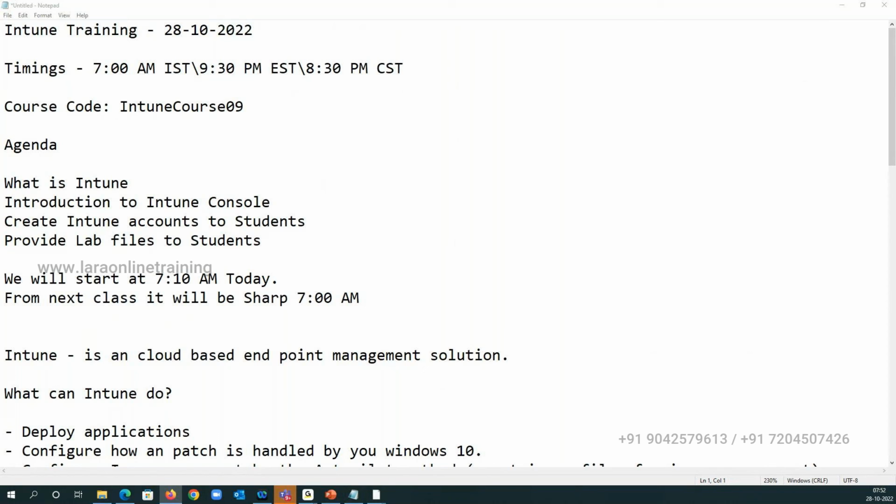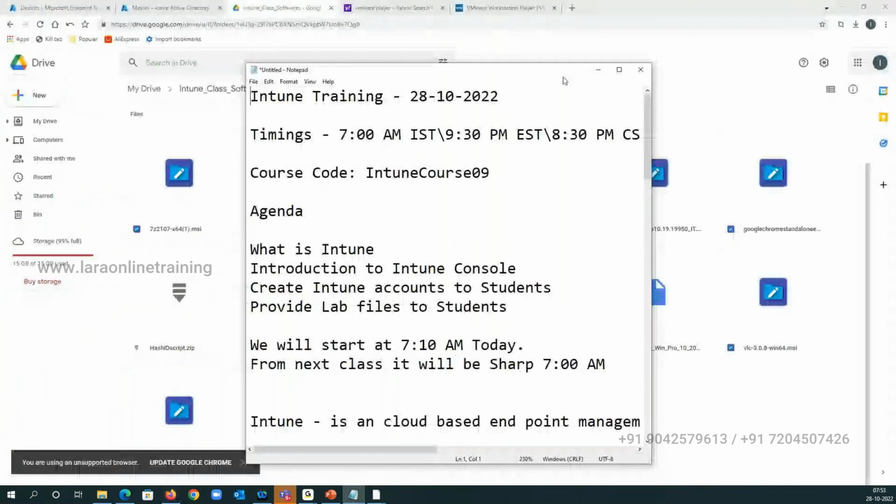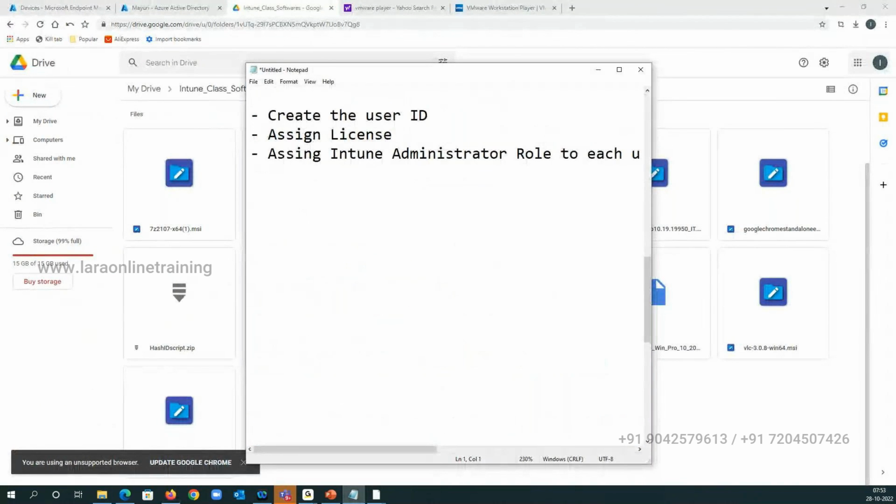Any doubts as of now? Anything else you have questions on? I'll also tell you what we'll be doing in the next class. In the coming class, we will be learning about the difference between Intune and SCCM, and then we'll be talking about Intune licenses. So the next class agenda is